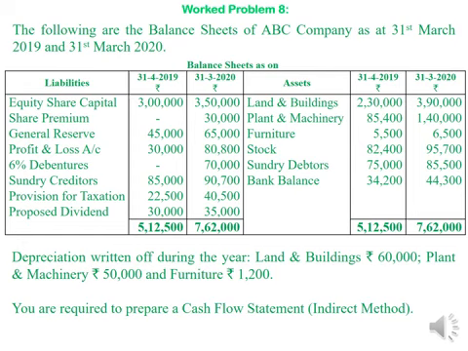On assets side, land and buildings are given 2,30,000 and 3,90,000. Depreciation information is also given. Therefore, it is better to prepare a ledger account to find out any hidden item in land and buildings account. Next, plant and machinery, same thing. Depreciation is given. We have to prepare a ledger account to find out any hidden item. Furniture account is also same. Depreciation amount is given. We have to prepare a ledger account to find out hidden items.